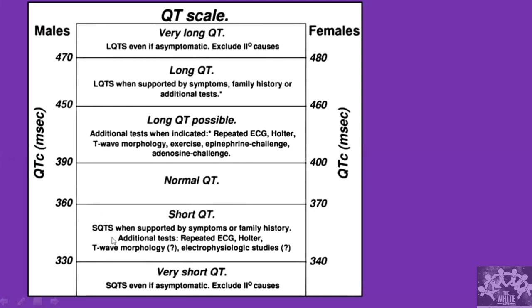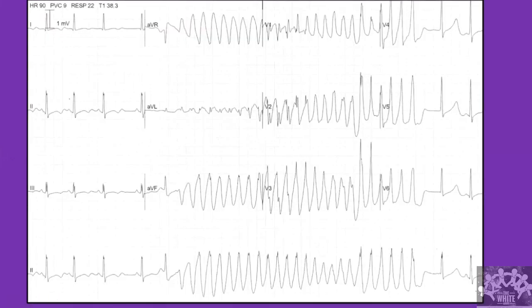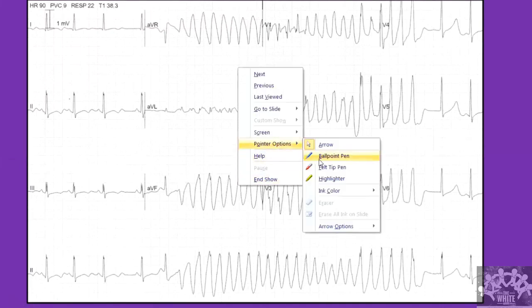Hypercalcemia can cause a short QT, but short QT syndrome as such is a separate entity. It is more commonly recognized and described. This also can cause sudden arrhythmias. Okay, what is the problem when you have a long QT? So this is the classical ECG that is going to be described. All of you would have read this for sure.